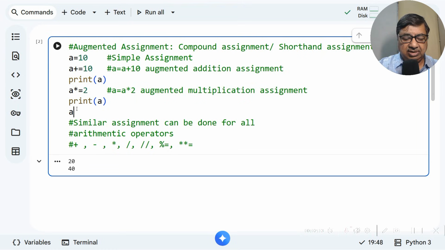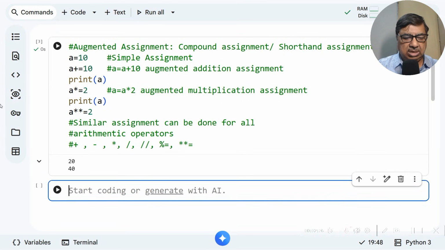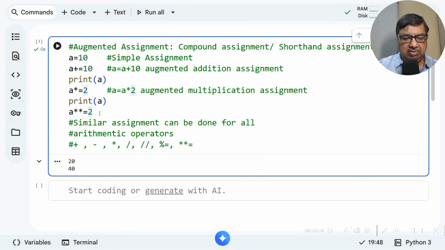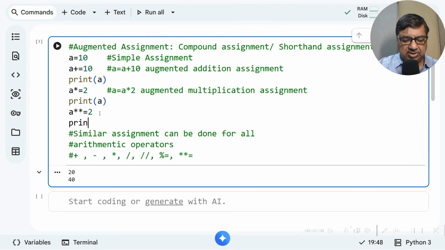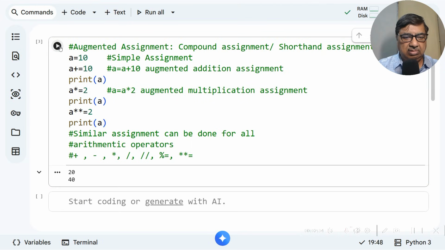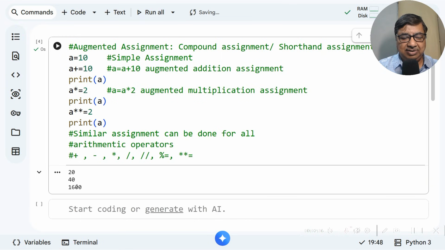Let us try for one interesting operator, which is exponential operator in Python. So let us multiply it by 2. So just a minute. I'll print this one also. So if I do this, this is 1600. Basically, this is 40 exponential 2, right?